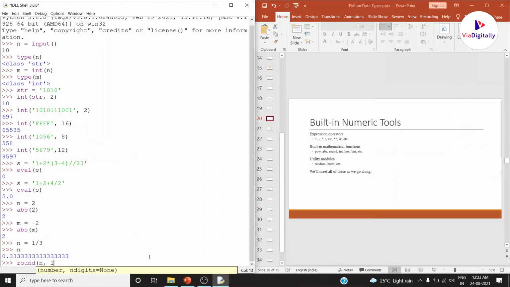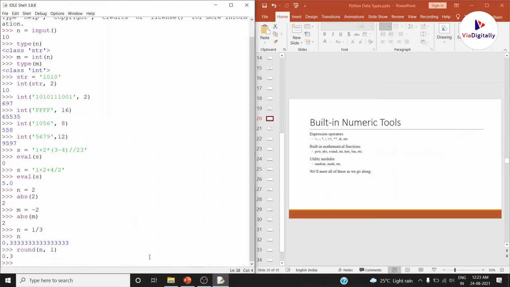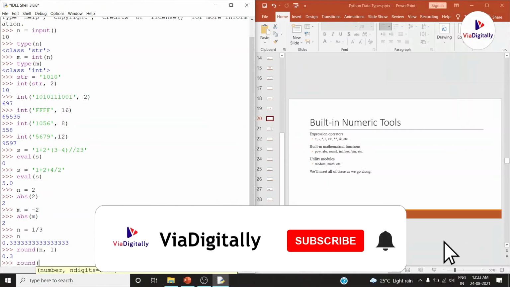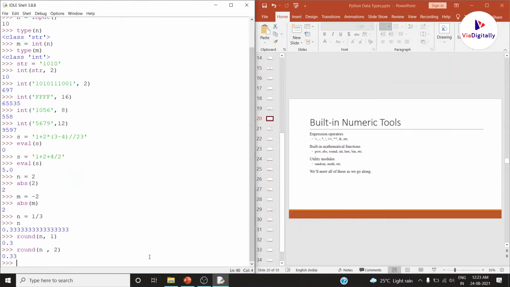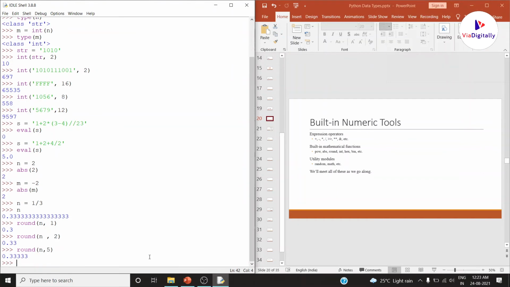Up to the first decimal it is 0.3, or if you want 2 decimals, you specify 2, it is 0.33, or round off 5 digits, it gives 0.33333. So this is the use of round: up to how many digits you round a number, those many digits will be available in your answer and the remaining will be truncated.